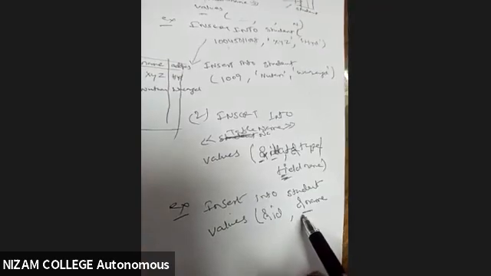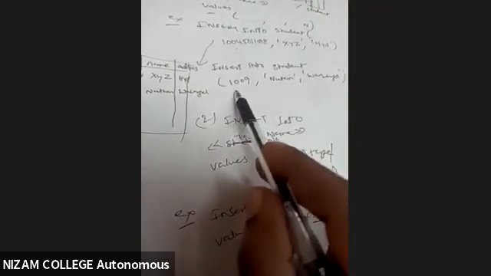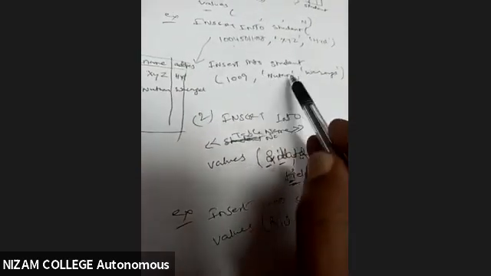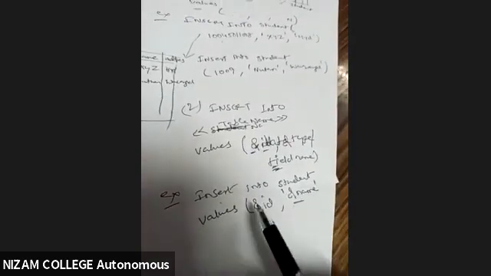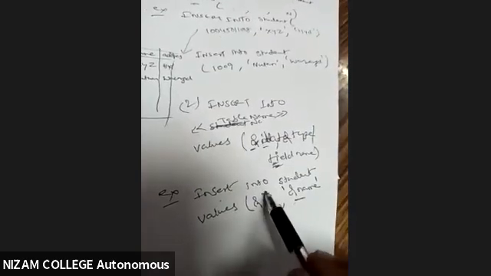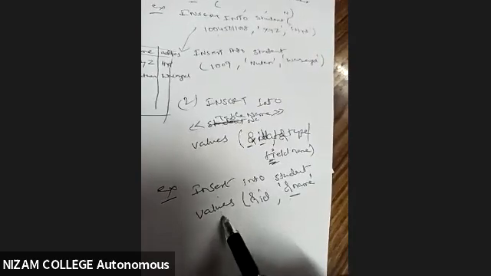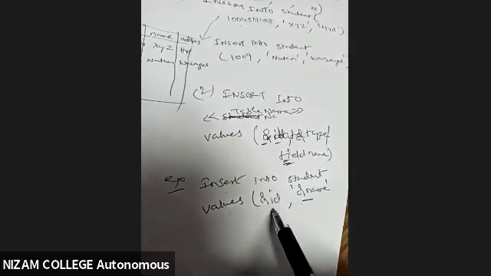But when you are going for characters, as I told in the previous example where I'm writing for the number, I have not given any quotes, but when I'm going for characters, I'm specifying them in single quotes. So here also we have to specify this in single quotes. So insert into the table name, that is student, followed by values. Then it has the columns, so the column names are ID and name.